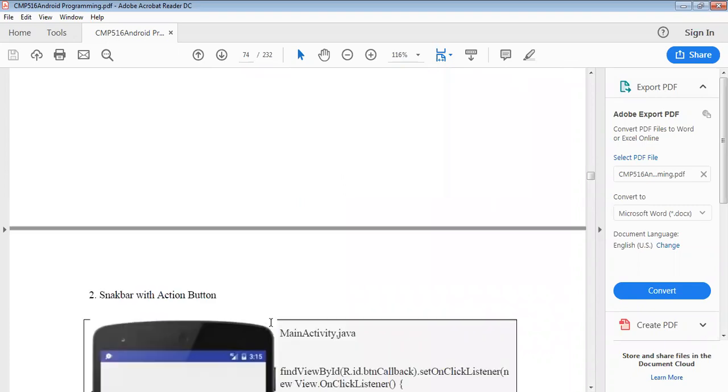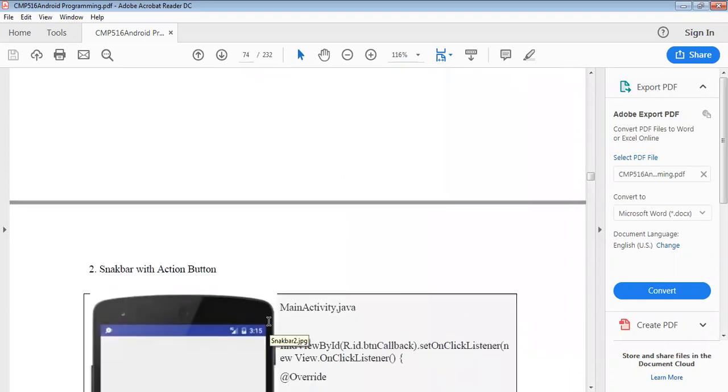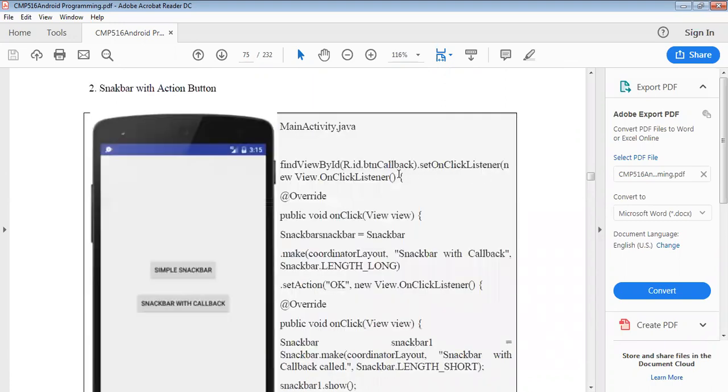Next, we can see the Snackbar with an action button. For the action button, there will be changes in the action, meaning the specific action will be stated here, same as the above program.